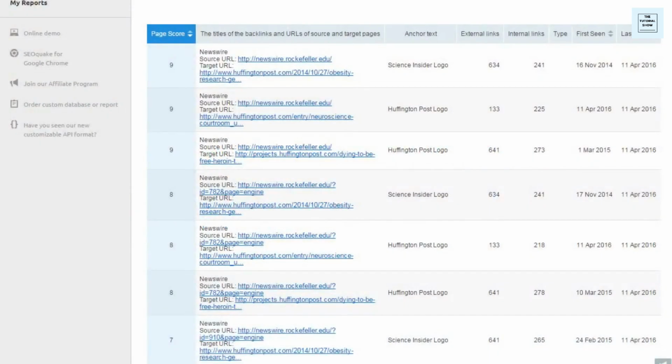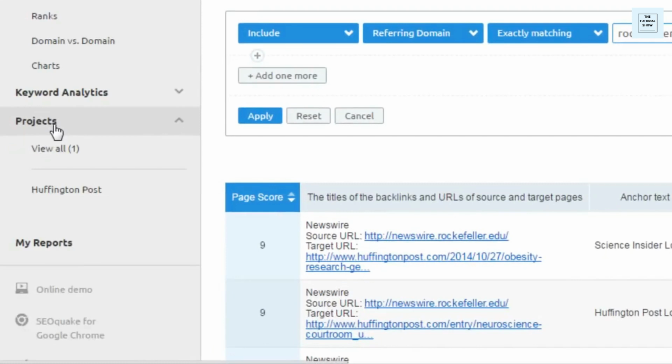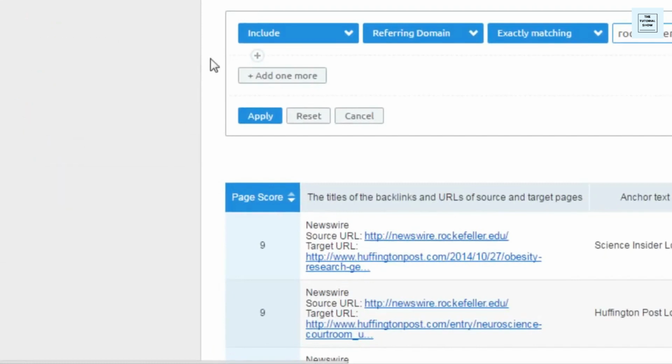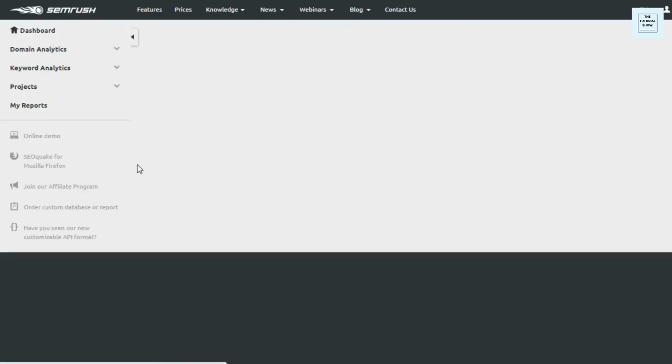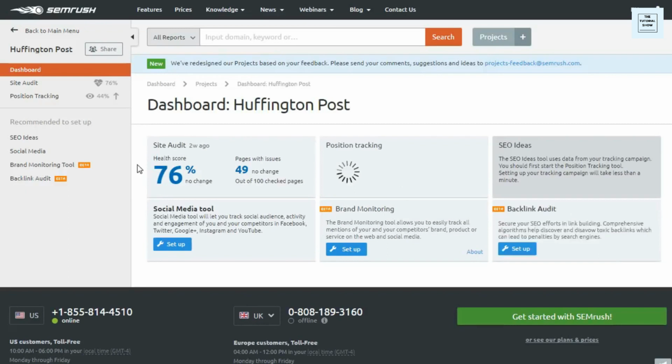Another very useful tool here on SEMrush that I use all the time is the site audit tool. You can access this by going to the projects menu here, and then you can select the project you are working with, or if it's not already set there, you can add a new project in. What the site audit report is going to do is show you any technical issues on the site that may be hurting your SEO. And within a minute, you'll have a full list of all the issues that need to be addressed.